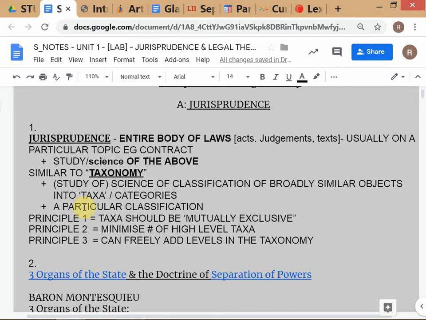Are you following? There's another way you use the word taxonomy. Now I'm not using it in the sense of science of classification. I'm now referring to a particular classification. Is this clear? You can also have another taxonomy of VIP students saying male and female. Wearing glasses or not wearing glasses, that's also another taxonomy, right? So the way you do the taxonomy depends partly on what your objective is. Is this clear? Are you following? You're getting the use of the word taxonomy.